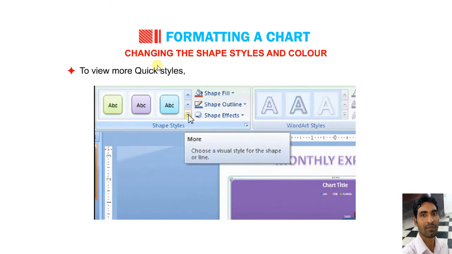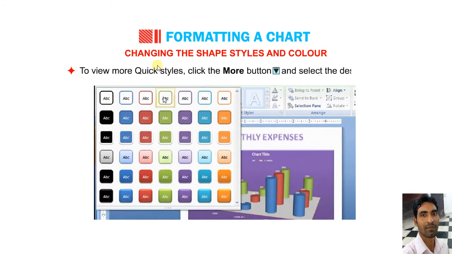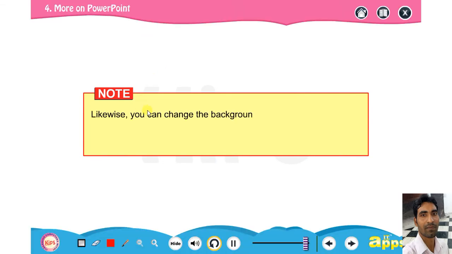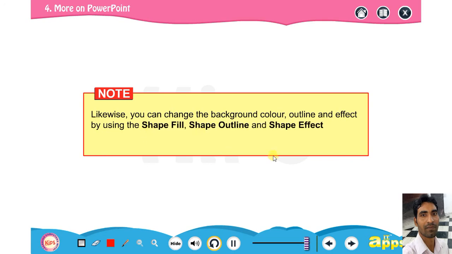To view more quick styles, click the More button and select the desired style. Students, a note for you. Likewise, you can change the background color, outline and effect by using the Shape Fill, Shape Outline and Shape Effects options respectively in the Shape Styles group.